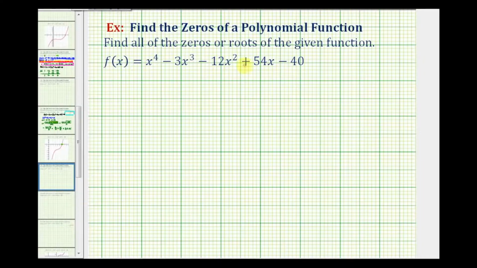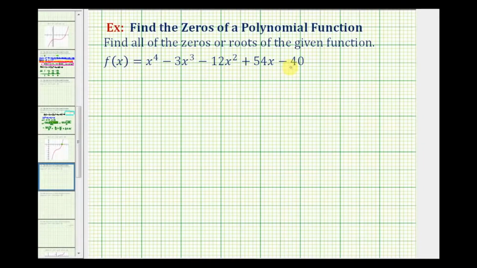We want to find all these zeros or roots of the given degree 4 polynomial function. Because it's degree 4, we can expect 4 complex zeros as long as we count multiplicity, meaning we count possible double zeros and so on. To do this, we first want to find the rational zeros of the function,